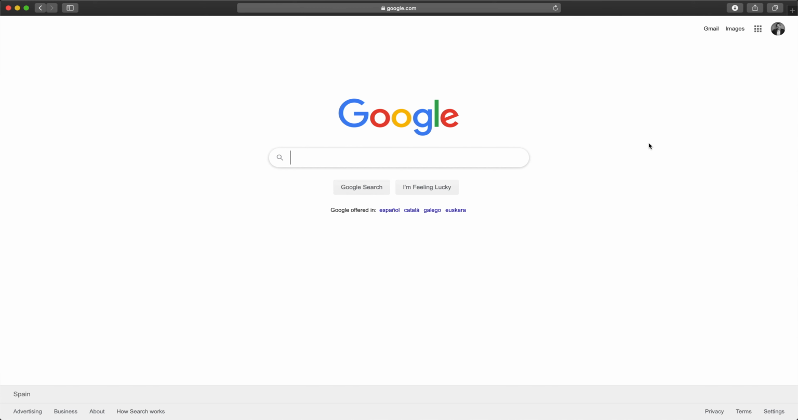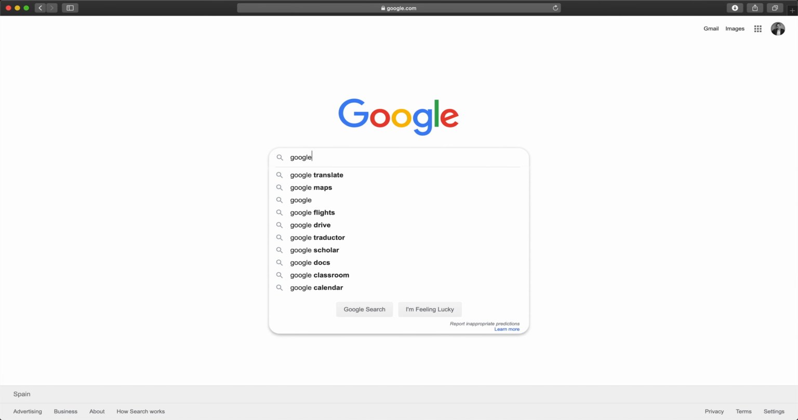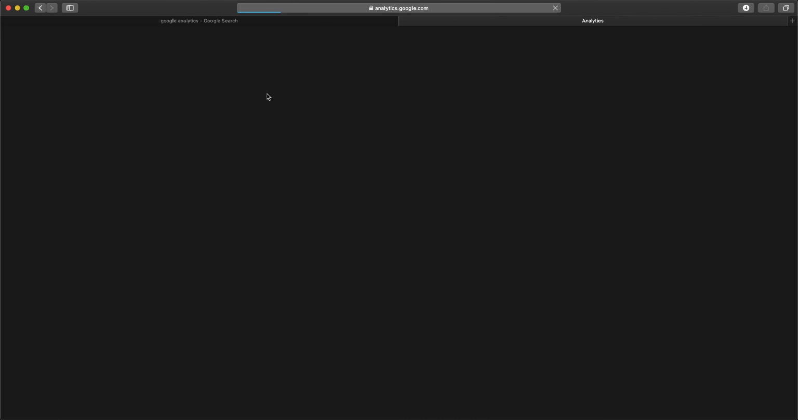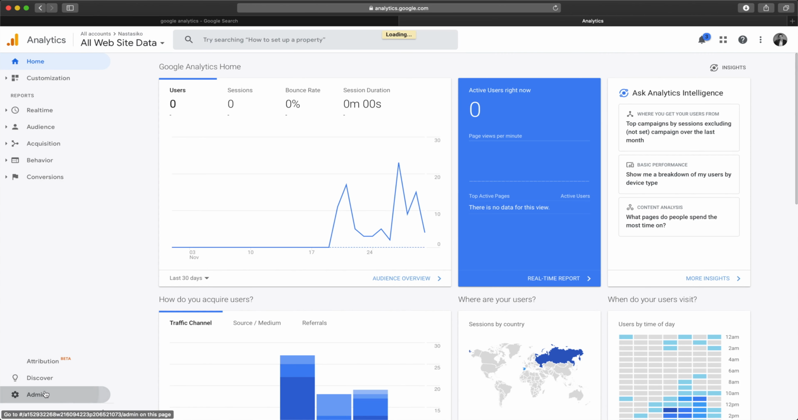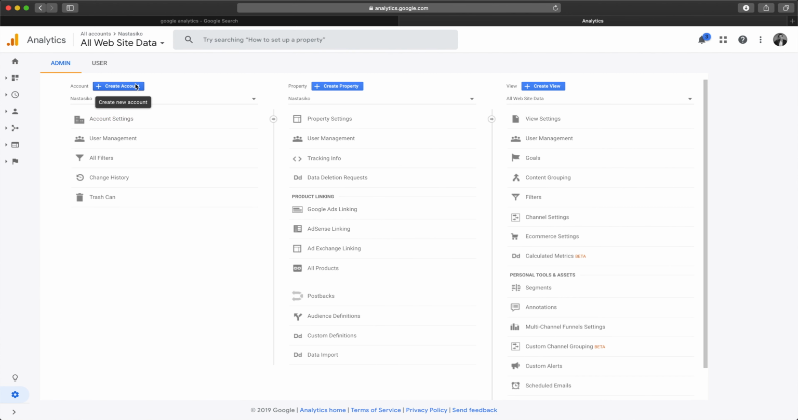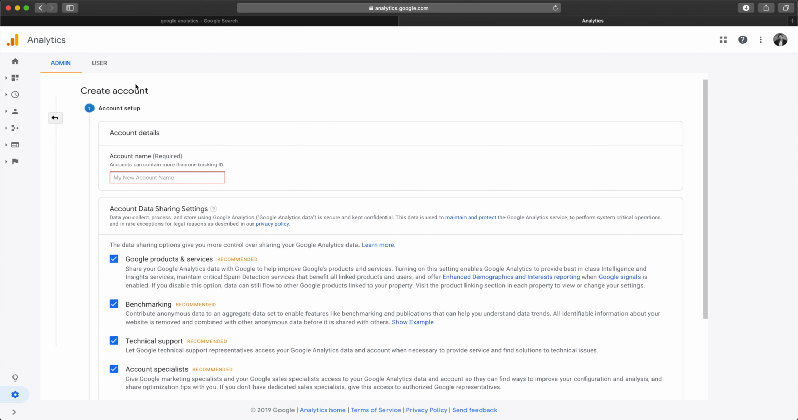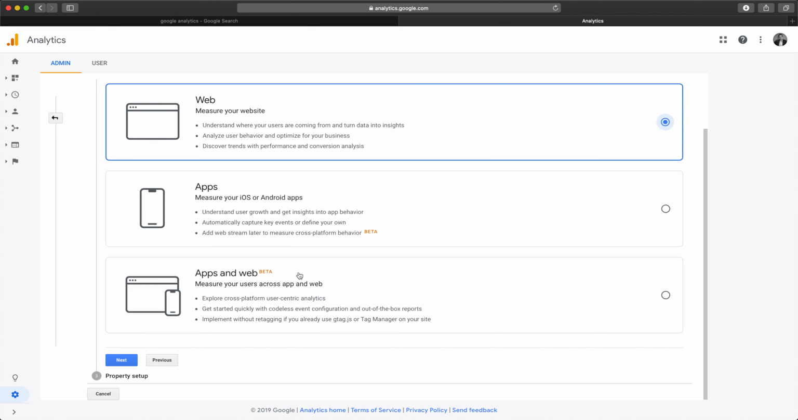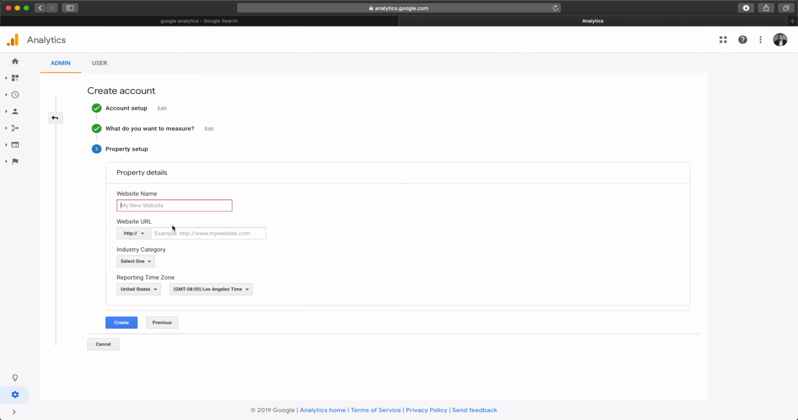So first of all, let's go to the Google Analytics website. So from here, I will go to admin and I will create the new account. So let's name it Nastasiko new website, and we will leave everything as it is. And we have a choice to make. We can make this for web, apps, or both. Of course, we're talking about a website here, so I will select the first one, click next, and we need to